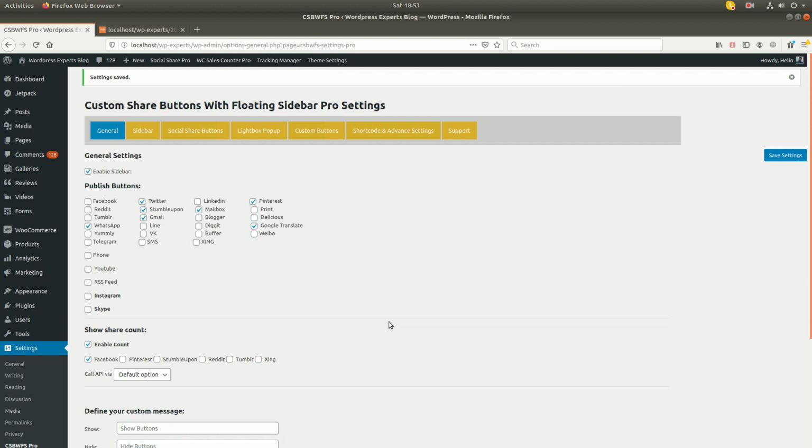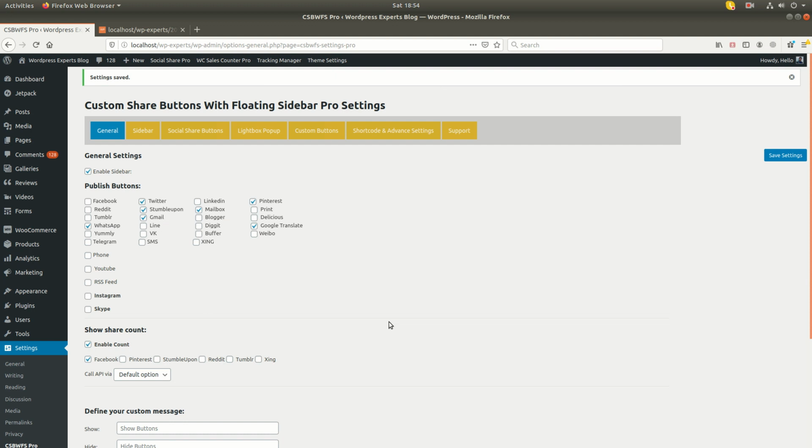Like if you are going to share the content on Facebook, if a user clicks on the Facebook button, then, like if you are using the AddToAny button, it will redirect first to the AddToAny site, and then the AddToAny website redirects the user to the social site.